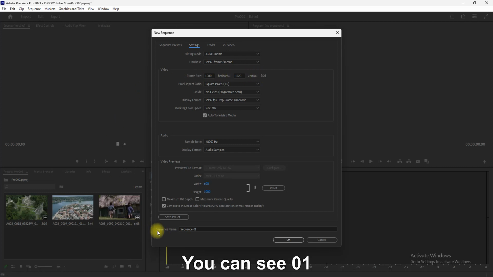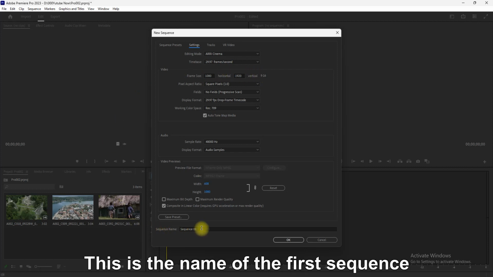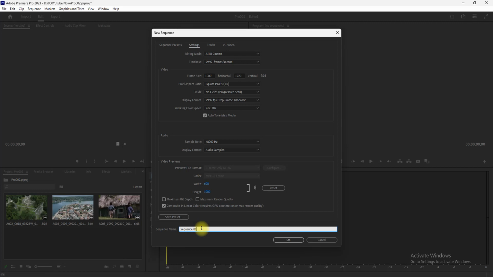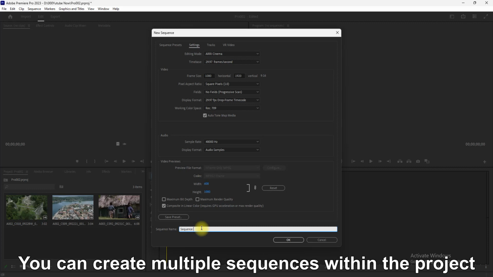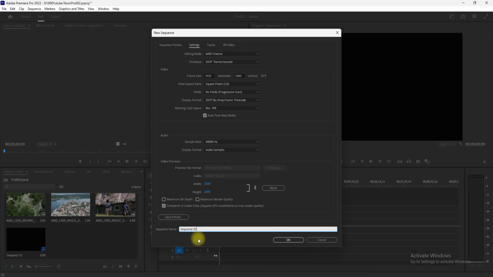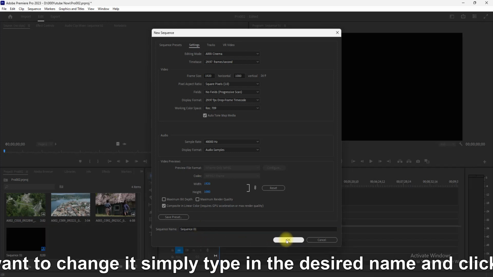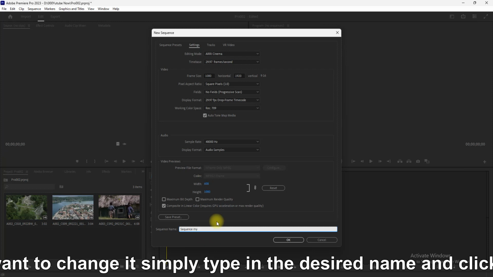In the Sequence name section, you can see 01. This is the name of the first sequence. You can create multiple sequences within the project. If you want to keep the name as Sequence 01, you can leave it as is. However, if you want to change it, simply type in the desired name and click OK, then click OK to